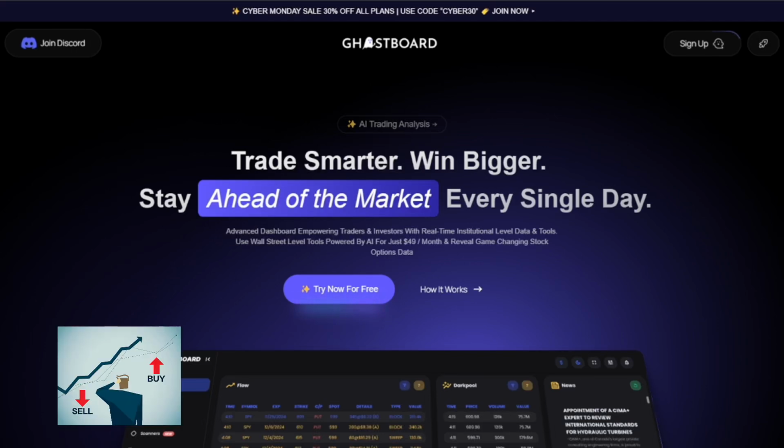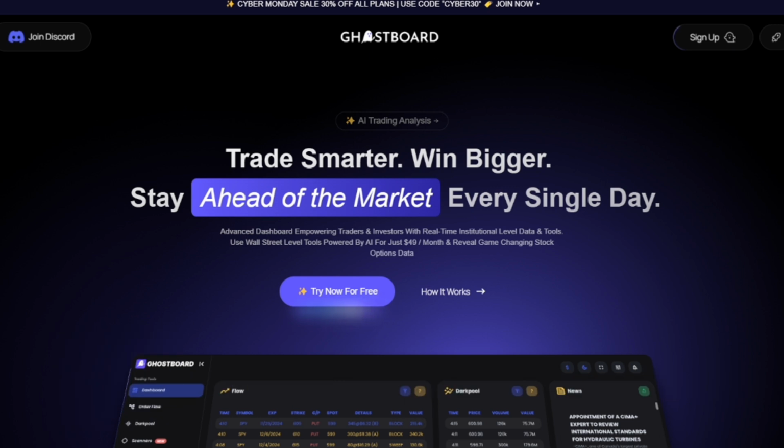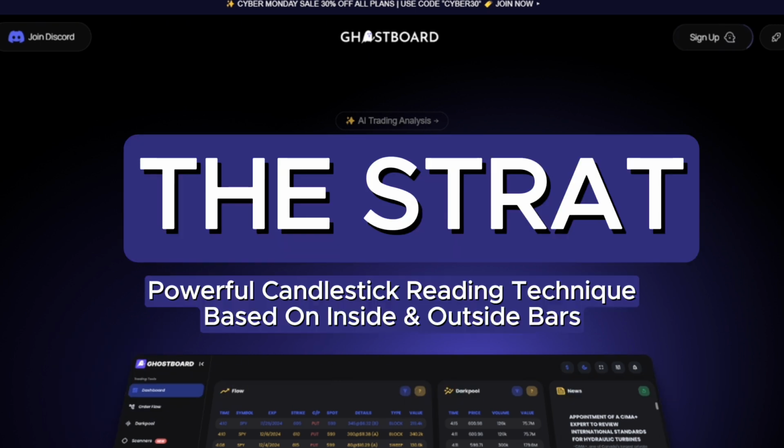So you're looking for the trading strategy that's simple, reliable, and works in any market condition. Well, you're in the right place. Let me introduce you to the Strat. It's a powerful candlestick reading technique based on inside and outside bars, which helps you find precise entry and exit